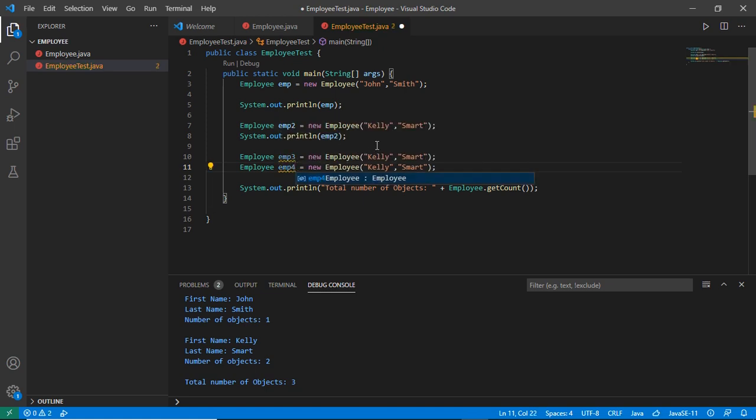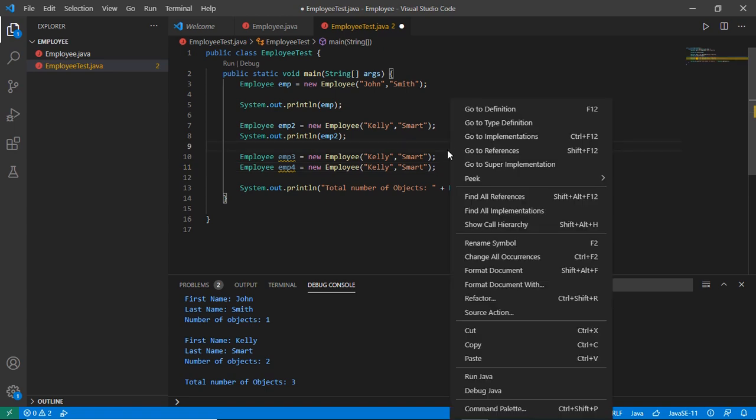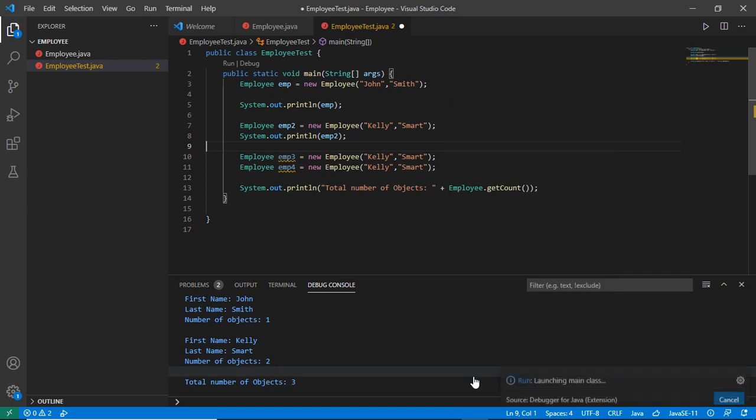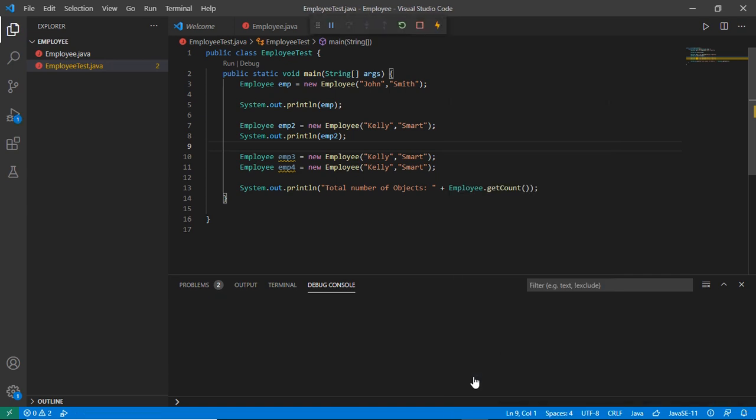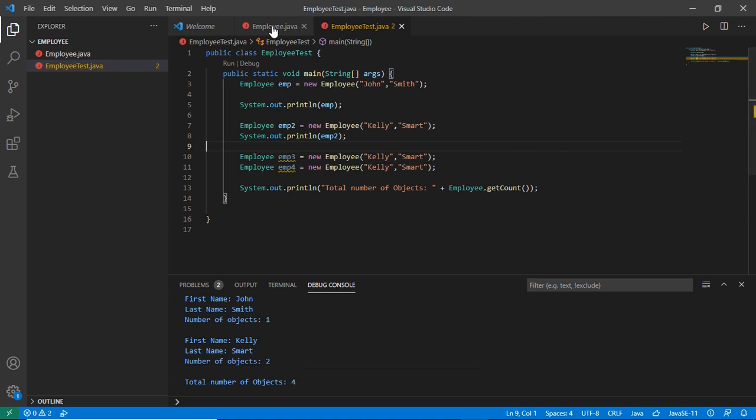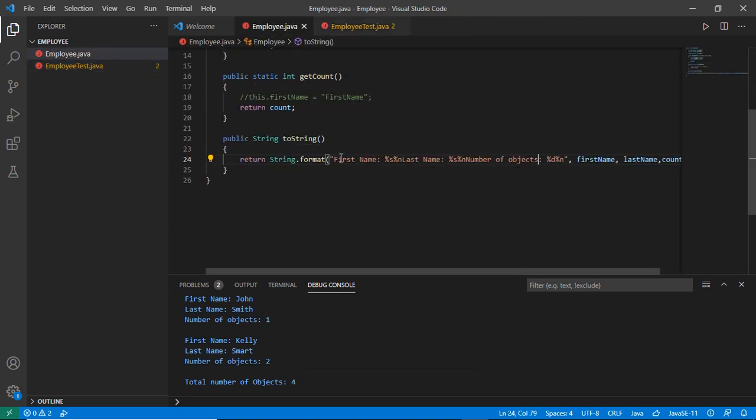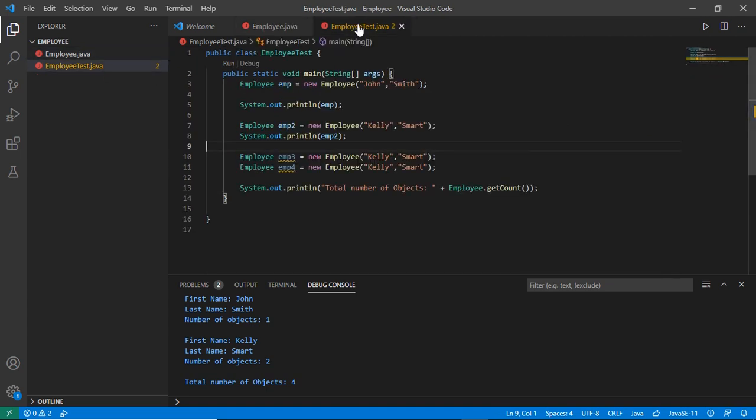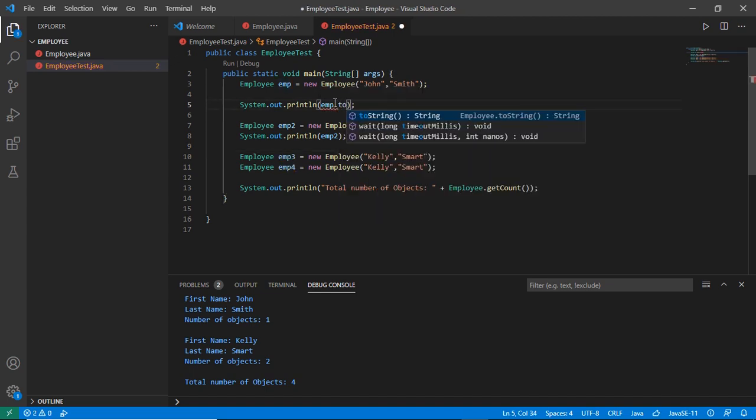at any point I should be able to get the total number of objects for this class by calling the get count method, that is the static method. As you can see over here, it's a static method. I am able to call this method directly using the name of the class, and we cannot do that with the other methods. We can print the details of the employee by either calling the toString method or even